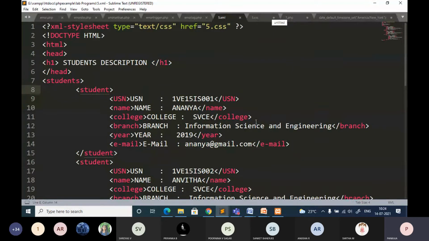Regarding the file name, most of the time I have observed that you people have the practice of giving .html or .php. Don't give .html or .php here. This is an XML file and the extension should be .xml.